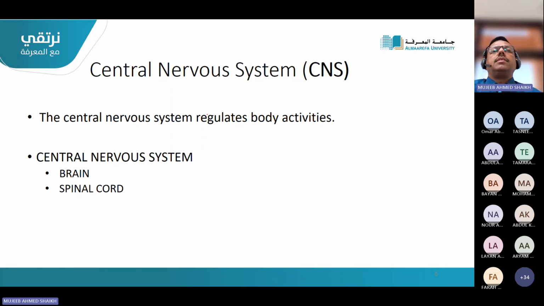So what is the function of the central nervous system? It is regulating the bodily activities. What are the activities? In the form of temperature, pulse, thinking, memory, muscle movement. All these are bodily activities. Apart from this, there are many. So it is controlled by the brain and the spinal cord. The spinal cord can also independently control movement because of the local reflex.